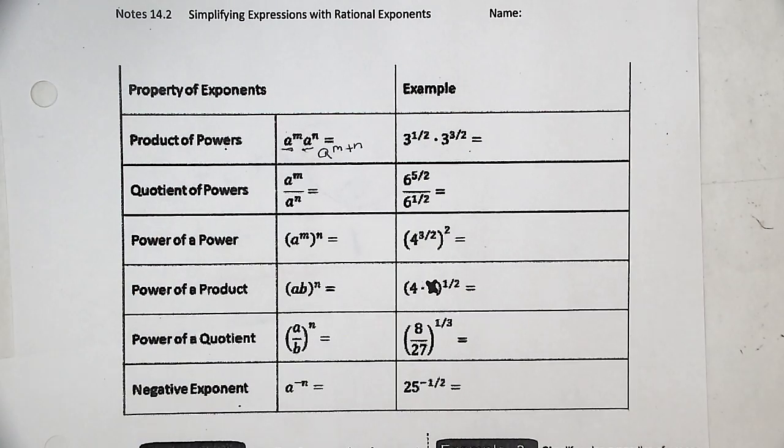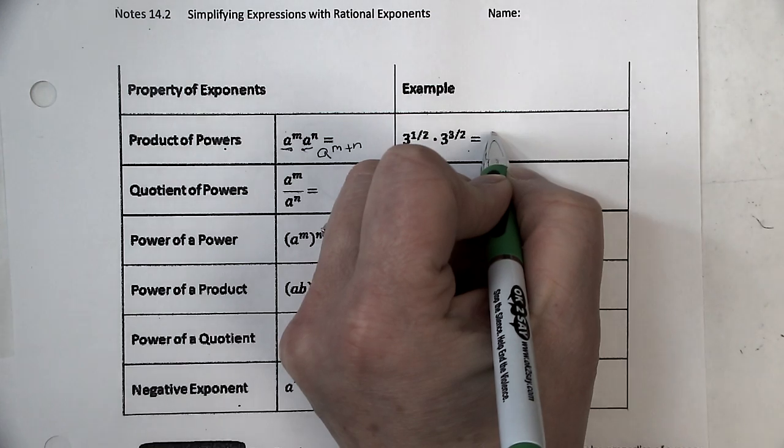Okay, so now what's the difference? Well, now we're looking at it with rational exponents, in other words, with fractions. You're still going to do the same thing. And this is on your homework, and kids get confused by that, but you don't have to. You're still going to add your exponents. So what are we adding together? Well, write this down. You're doing 3 to the 1/2,